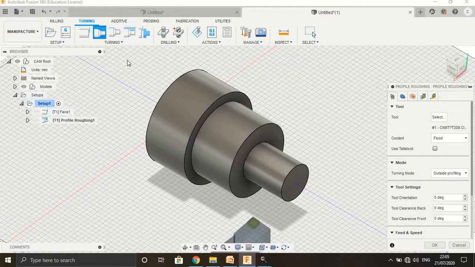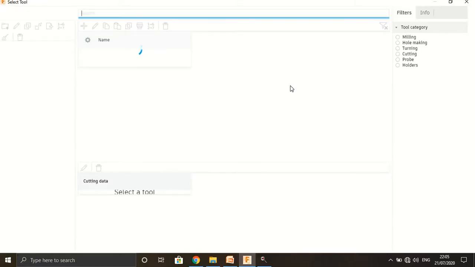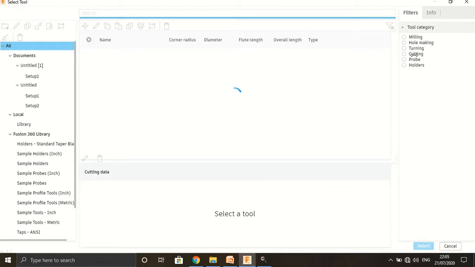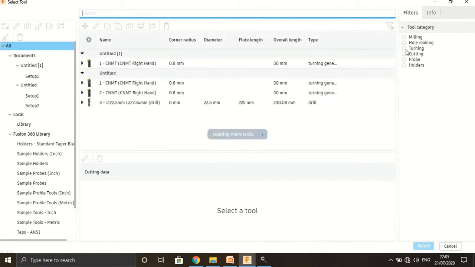Select the turning option, select the tool for turning, the tool category. The same process we are going to continue, loading the number of tools.